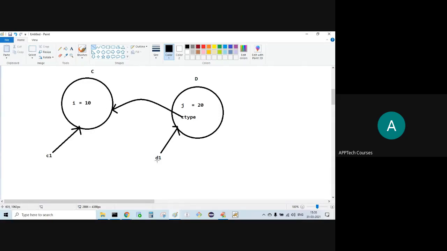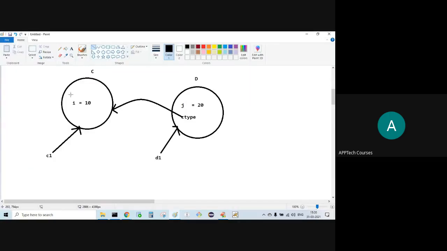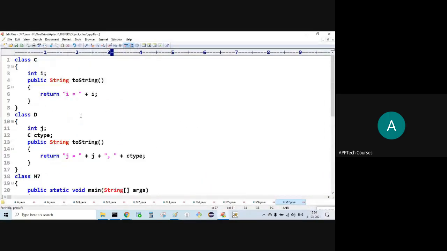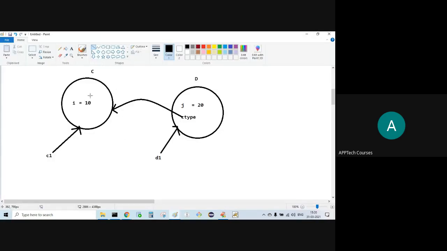Now D1 is pointing to this D object, C1 is pointing to this C object. Now carefully observe. C1 I'm calling. What is there in C1? It is going to call the toString method: I is equal to 10. No issues at all.